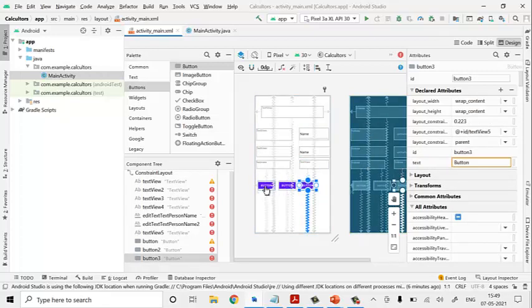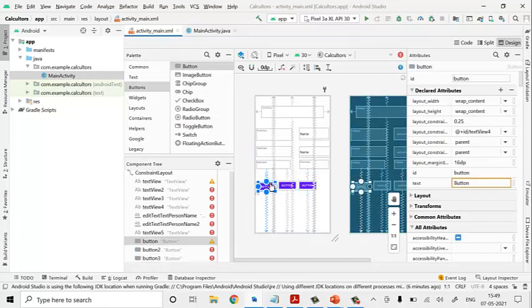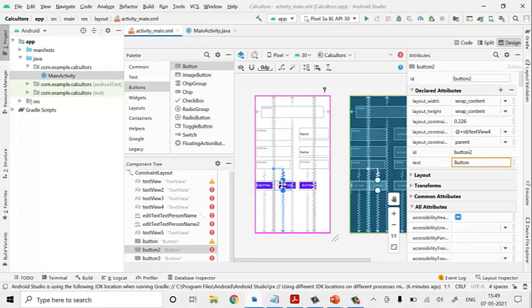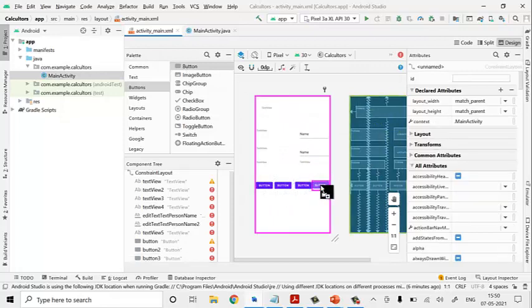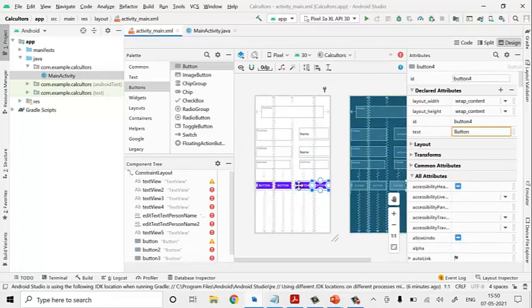Now another button we have to place. So we will adjust all these buttons and take another button here and place it.